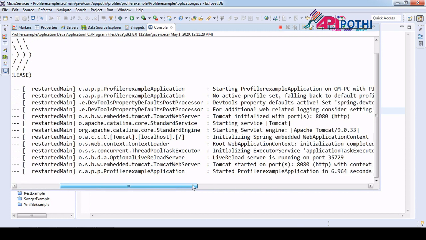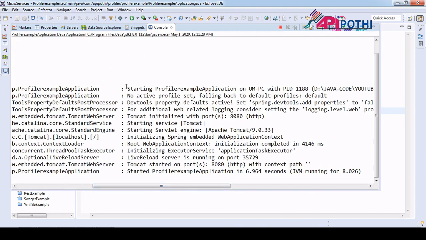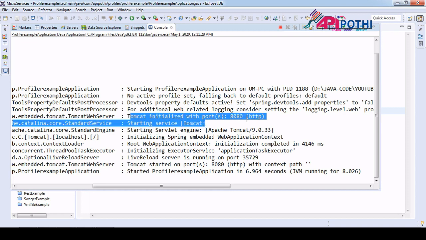If you see the second line of this log, it says no active profile set, falling back to the default profile, meaning the user has not set any profile, so Spring Boot runs with its default profile, and the default profile is running on port 8080. There are many default things, but for now you can see it is running on 8080.